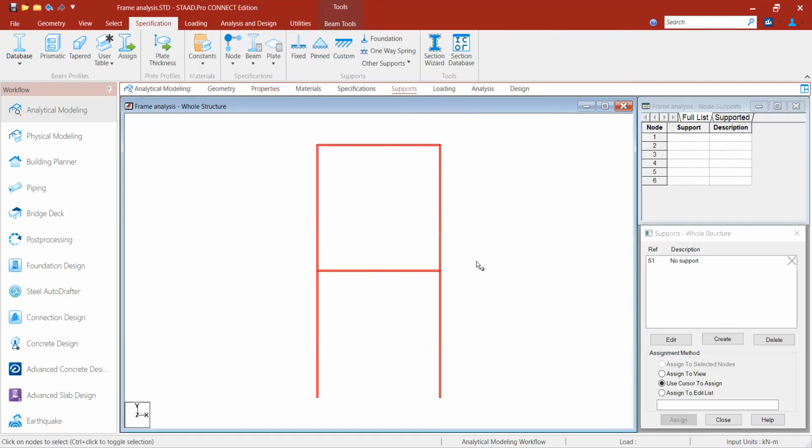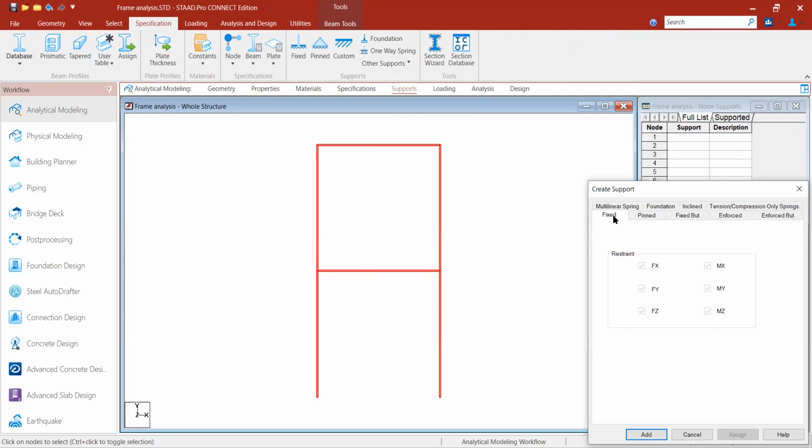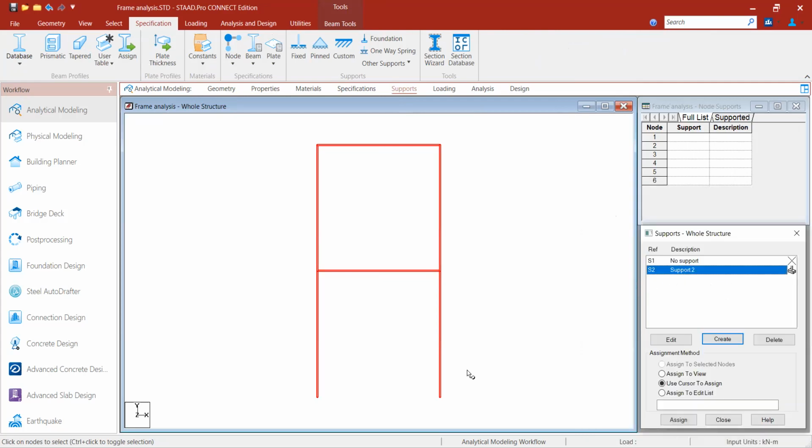In that frame the support given was the fixed support, so we will create the fixed support first. In the supports, fixed support is already there, which is having restraint, that is the reactions will be generated in all six orientations, three translational and three rotational reactions. So I will just add it, and now where to assign it. At the bottom nodes I will select the bottom nodes, select the support, and assign to selected nodes. I will press that tab and you have to click on assign. So cross-sectional properties are also assigned, and next the support is also assigned.